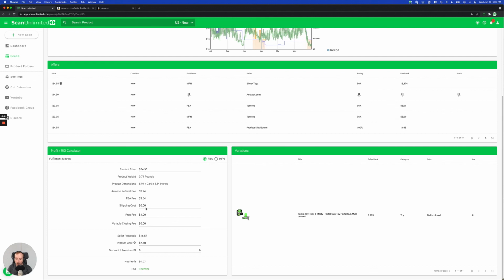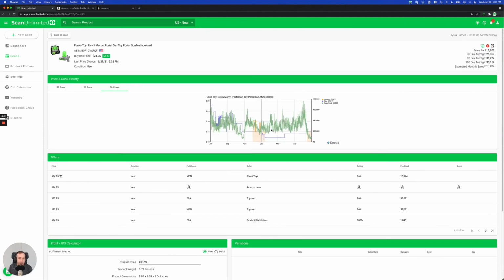But it also allows you to edit the product cost. You could put a discount in here. You could change the prep fee. The prep fee is coming from the scan, and this allows you essentially to do kind of a sensitivity analysis, where you can say okay, well, with the current setup, with my current cost and current price, I would get $9 or so profit with a ROI of 129%. And you can start to say well, looking at this Keepa chart, maybe it drops down